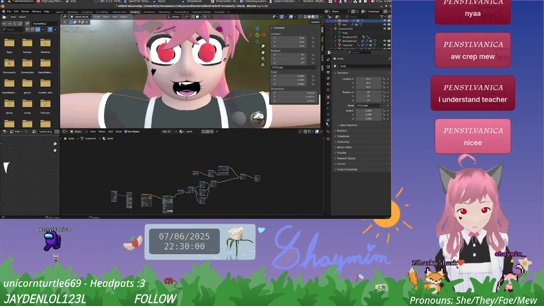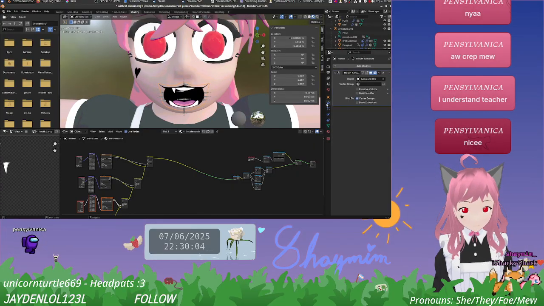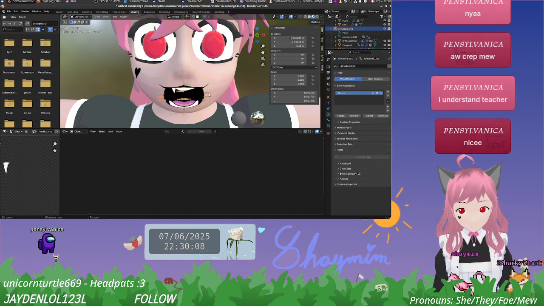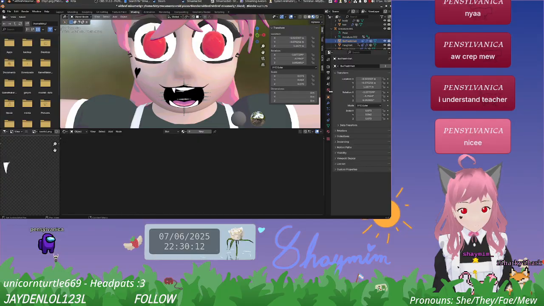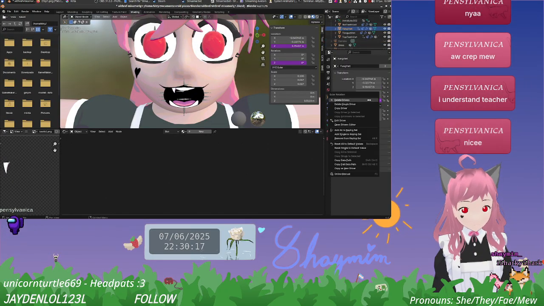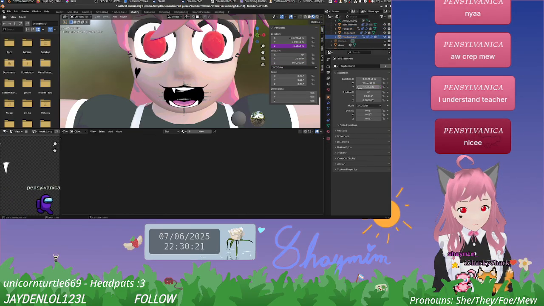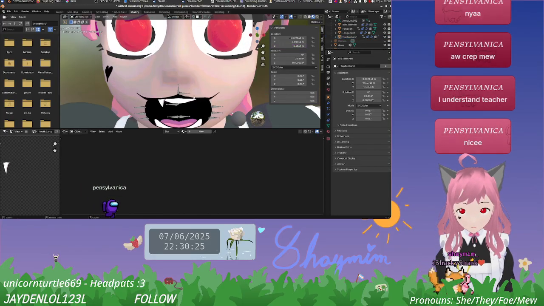Or at least what I expect to be the hard part is actually adding shape keys. I expect adding shape keys to be harder because I have to get it to do the thing. Let me see if there are any other drivers going on here. Are there any drivers on this? Yeah, so if I delete these drivers. Okie dokie.